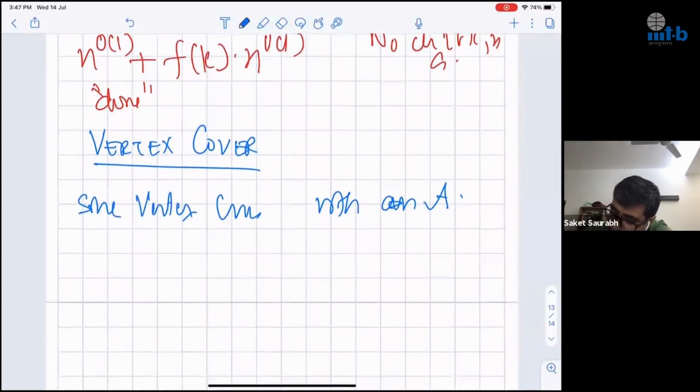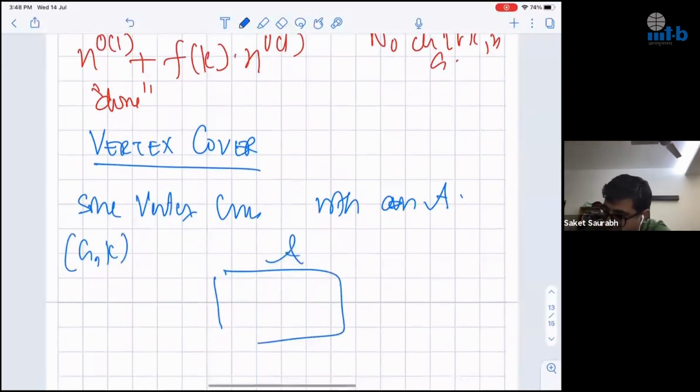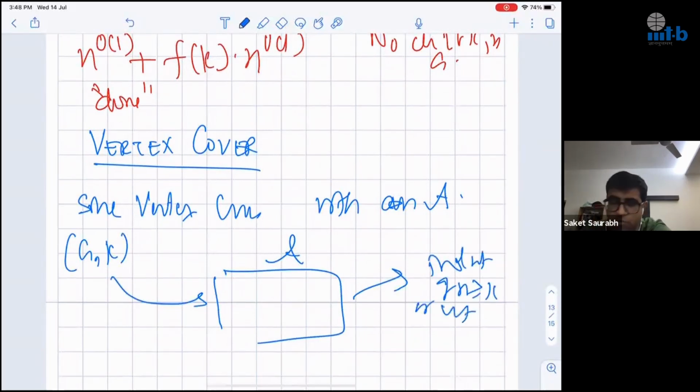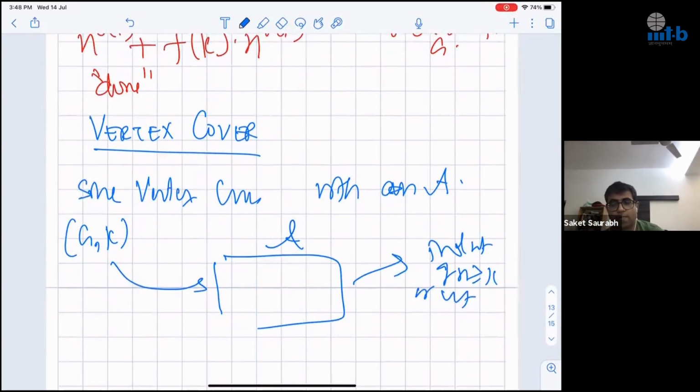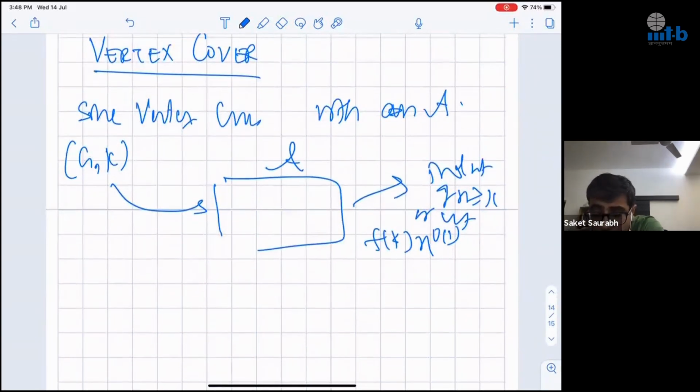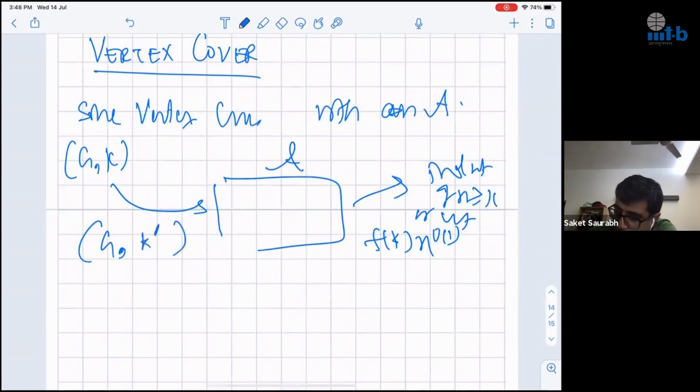So here also I got a G comma k, right? And here is that algorithm A, which will tell you whether the graph has an independent set of size greater than or equal to k or not. This is what it returned. So what will I do if I wanted to solve vertex cover? Anybody? Okay, very good. So what graph will you take? You will feed A the same G, and you put k prime where k prime